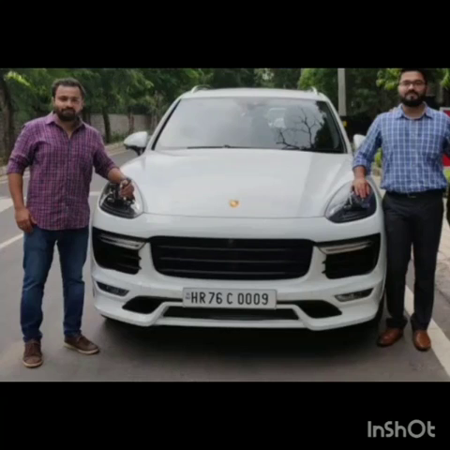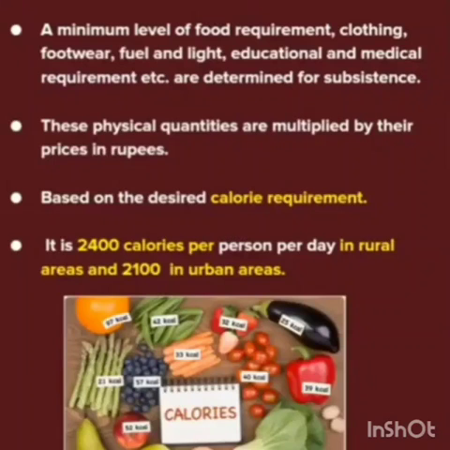Now, students, while determining the poverty line in India, a minimum level of food requirement, clothing, educational and medical requirements, etc., are determined for subsistence. The present formula for food requirement while estimating the poverty line is based on the desired calories required. The calories needed vary depending on age, sex, and the type of work that a person does. The expected average calorie requirement in India is